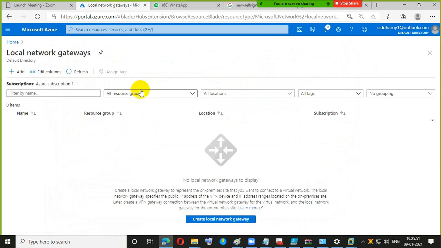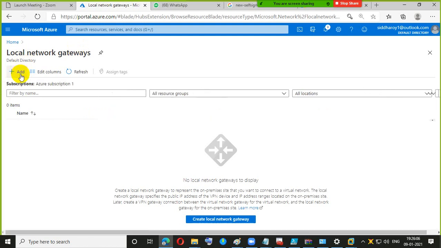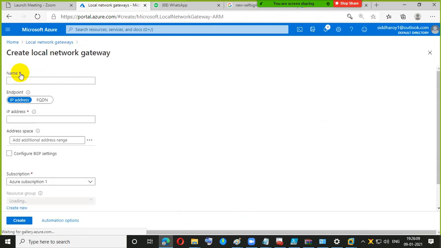Basically, the local network gateway creates the session between these two connectivity points. So click on add. My LNG, you can say.